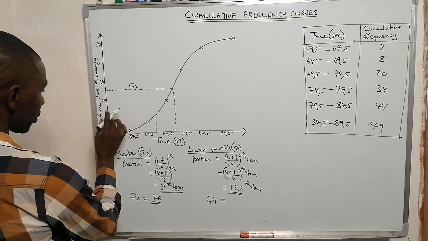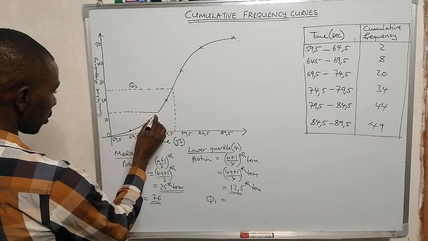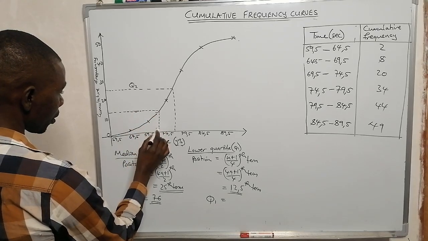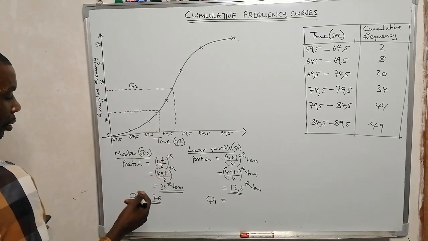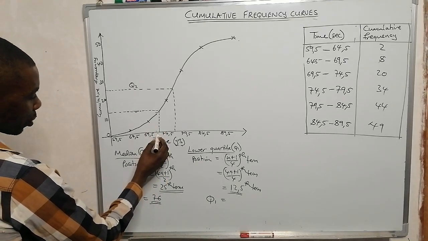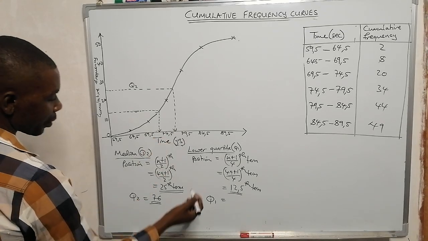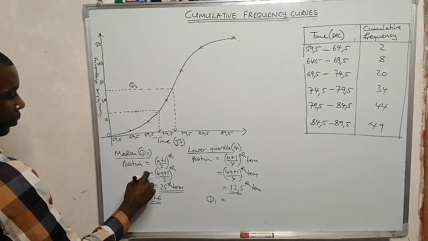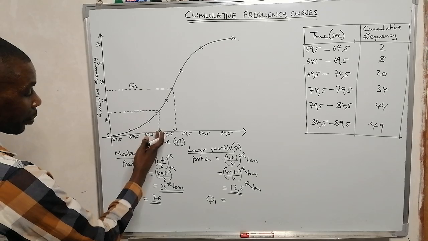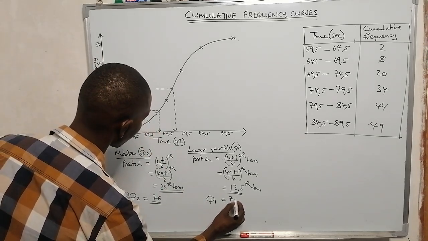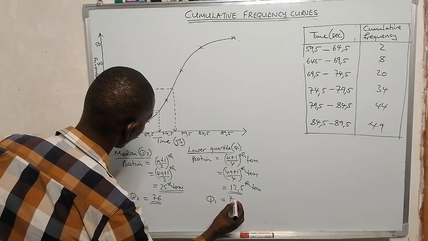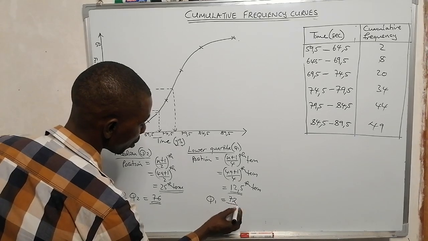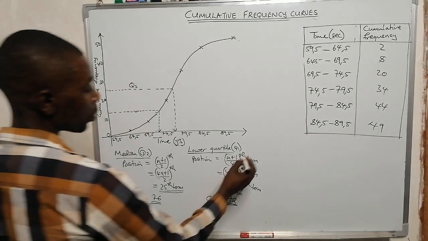So we have something like 72, if we can estimate. But on your graph paper you count the boxes, so here we can say 72. Right, now we want to find the upper quartile,